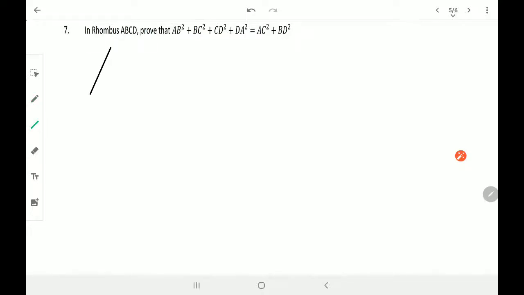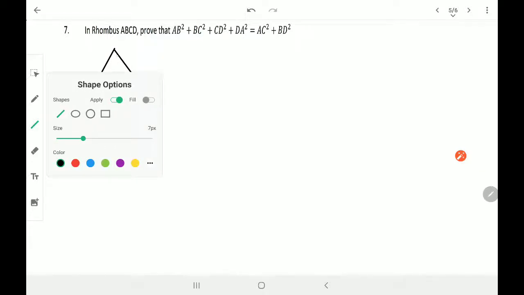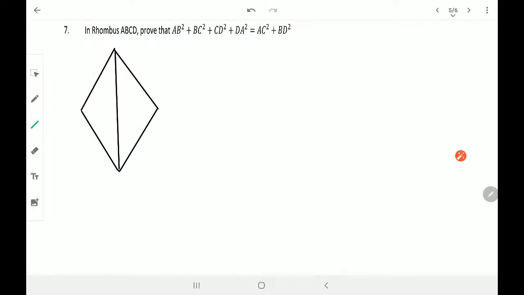तो पहले रोम्बस ड्रॉ करते हैं. You should know the property of a rhombus that the diagonals bisect each other and they are perpendicular to each other, right? So this is what my rhombus will look like. I will draw it again. Okay, this is how my rhombus will look, right? These are the diagonals, and you know that the diagonals are perpendicular and they bisect each other. Okay, here is A, B, C, D, right?